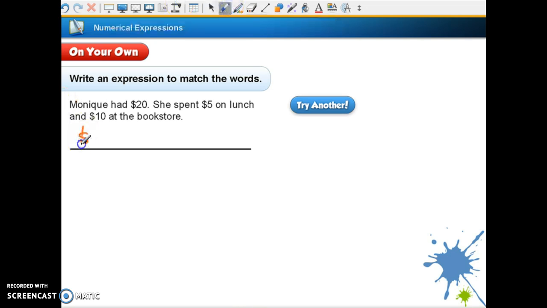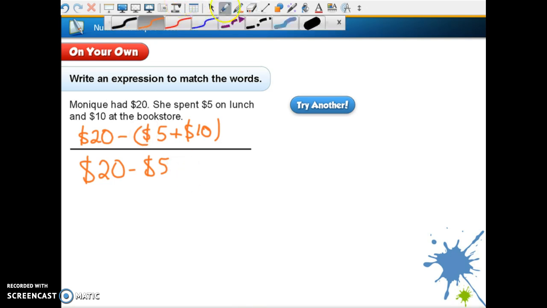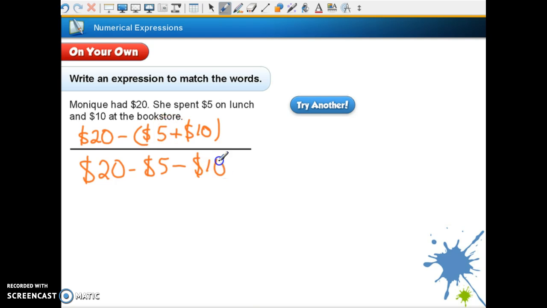$20. So we could say minus ($5 plus $10). And then we could do that. That is one way. We can also write it with no parentheses. And we wouldn't have a plus here, we'd have a minus. So if we used our order of operations, we would just subtract